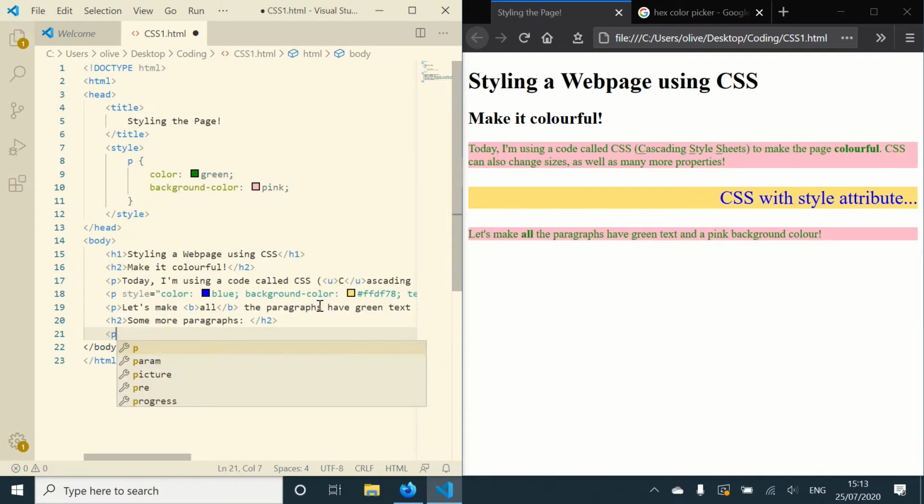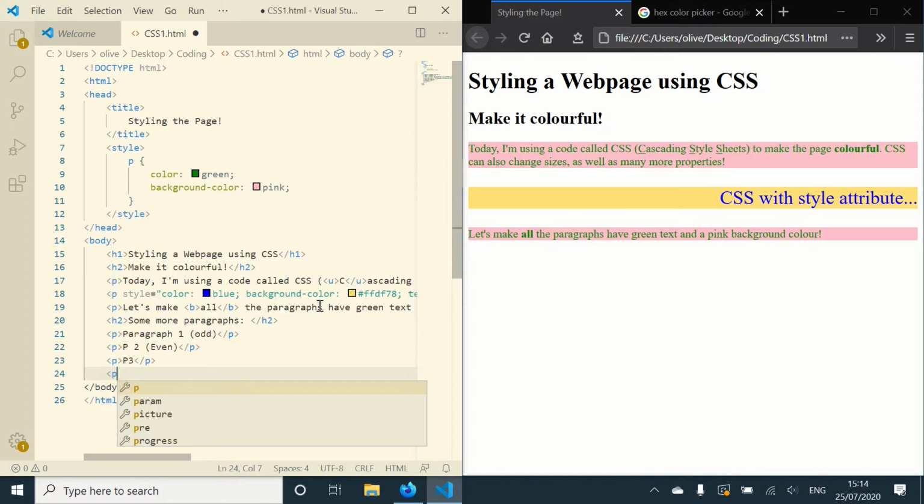Okay, I'm going to add some paragraphs. So we've got paragraph 1. Now, make sure you know that's odd number, because we'll be needing that later. Paragraph 1, odd. Paragraph 2, even. Paragraph 3, no, that's odd. Paragraph 4, even. And paragraph 5, odd. Now I'm going to add another attribute, like how we added the style attribute, but this